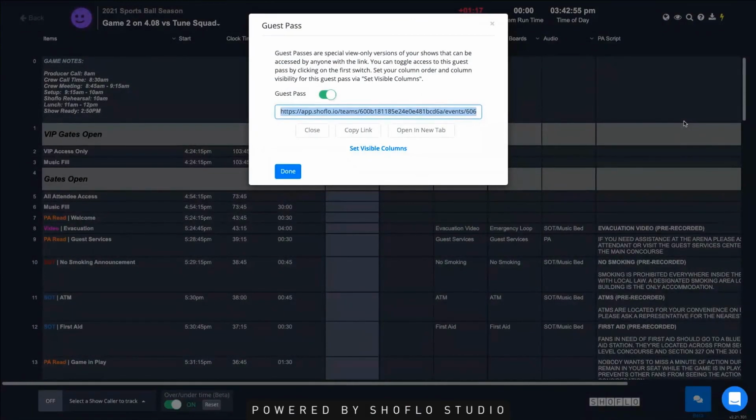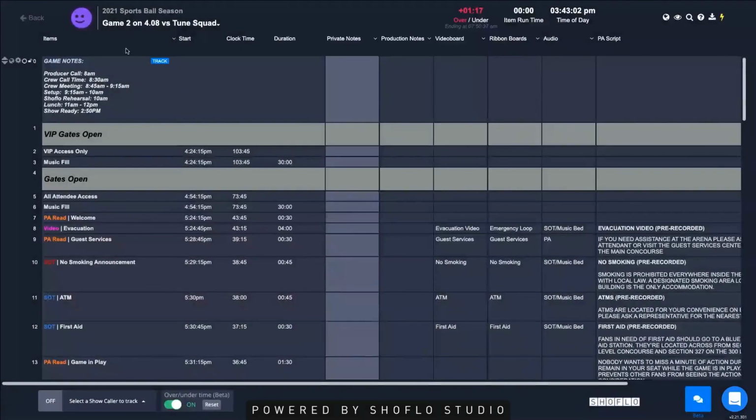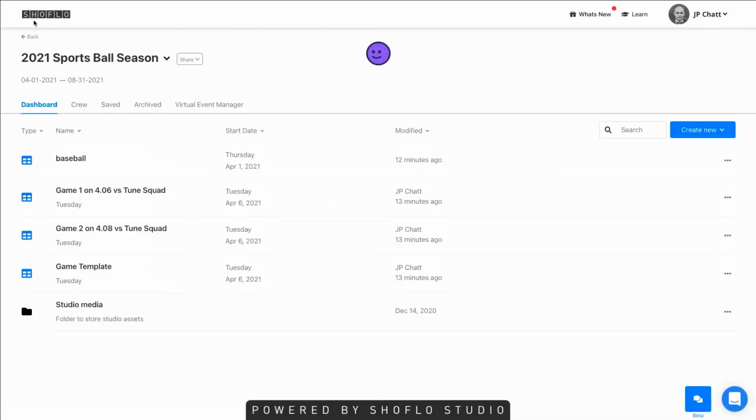So I showed you how to use guest pass at the show level. And again, that is at the top right, the download/share button, and clicking guest pass opens up that guest pass modal. But what we're talking about here is the specific guest pass to this rundown, this game script, game number 2. There is also the benefit when you are duplicating your games to create subsequent games, is that if you